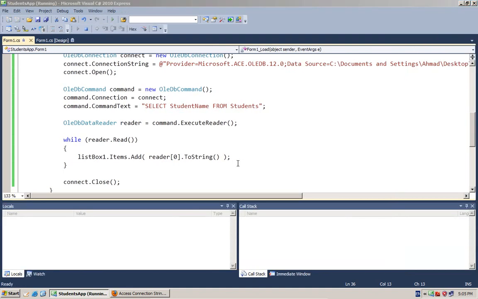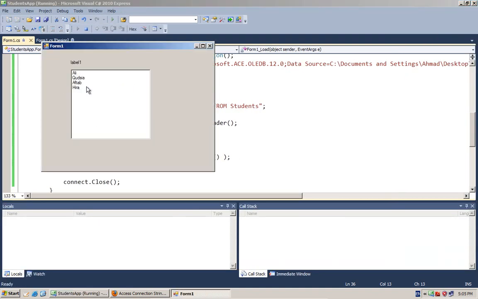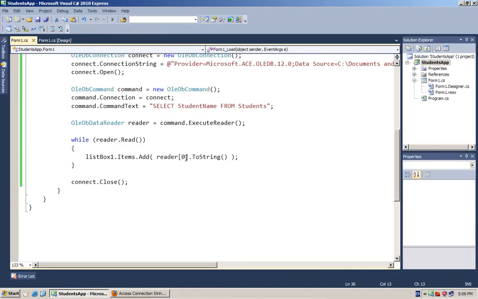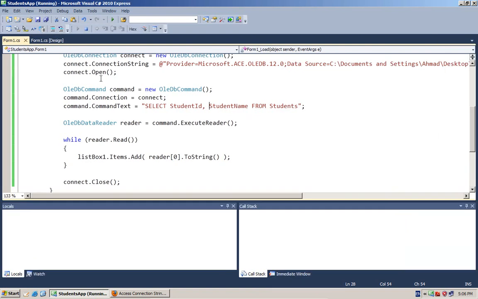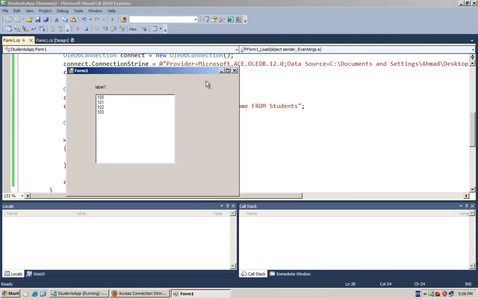Let's run it, and it's working fine also. Let's make some other changes. If I type over here student, let's say student ID, now 0 will be referring to student ID, and IDs will be loaded in that box. Yes, that's the way it should work.